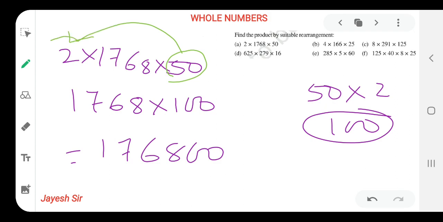I hope you all have understood how to solve, because first I have taken two numbers, that means 50 multiplied by 2, that makes my calculation easier. That's why I have done with that. Yes friends, because 50 times 2 is 100, I know very easily and I can do it in my mind only. So now multiplying with 100, I know how to multiply it with 100 without making a lot of effort.